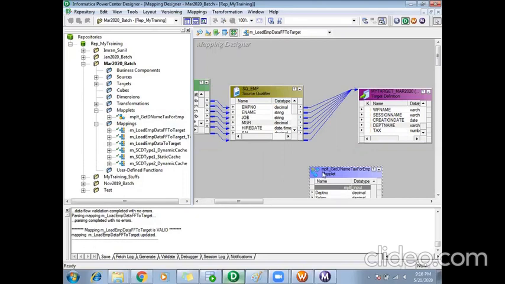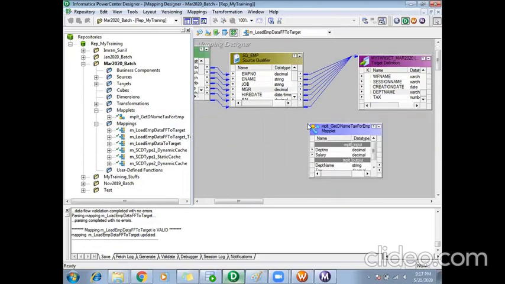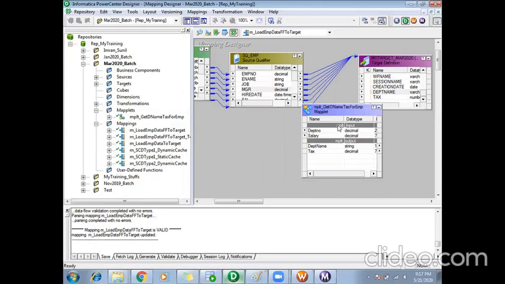So how can I use it? Let me save the mapplet. Okay, it's valid now. Come to the mapping, and I can drag and drop my mapplet here. See, this is how your mapplet looks in the transformation. So it tells what are